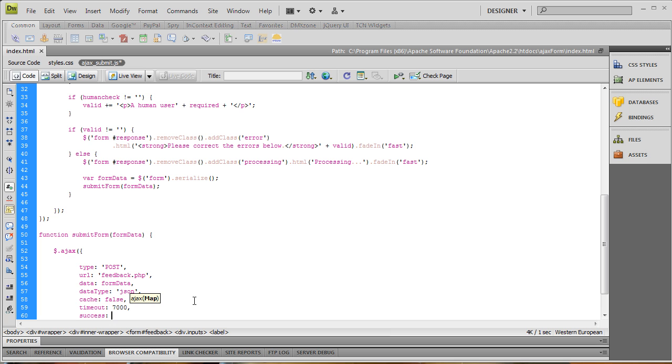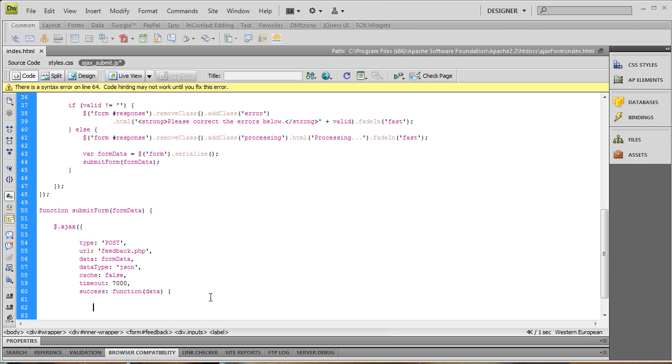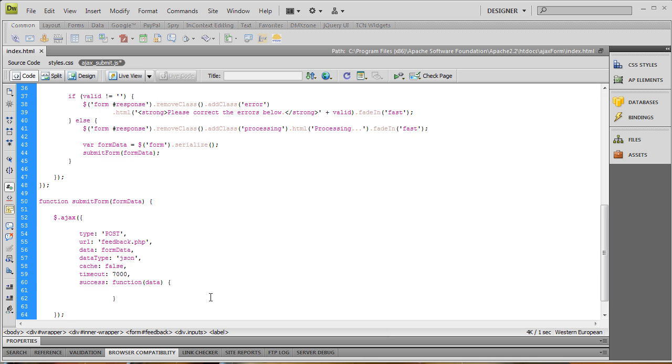So in our case, we're going to use an anonymous function and it gets passed our data, this data here, which in this case is going to be the form data. We need an opening brace, skip a couple lines, a closing brace, let's tab this over, and then inside of it, what are we going to do? Well, we're going to say jQuery form pound response,